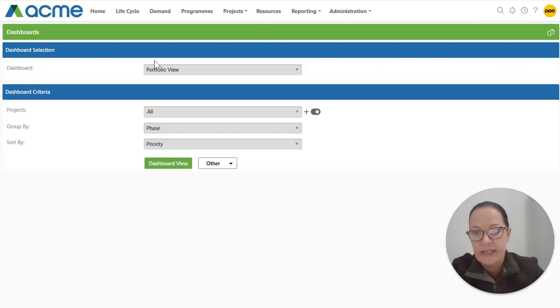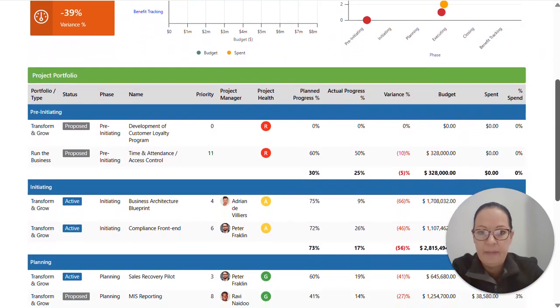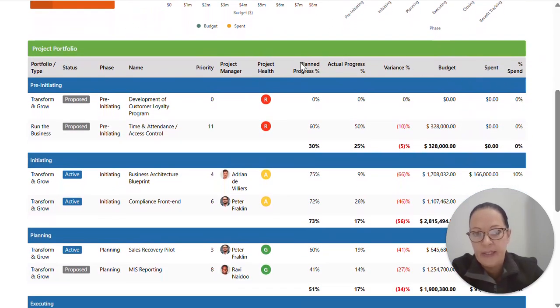The next is our portfolio view. If I run that dashboard, you'll see that there is a table at the bottom that basically per project shows us our planned, actual and